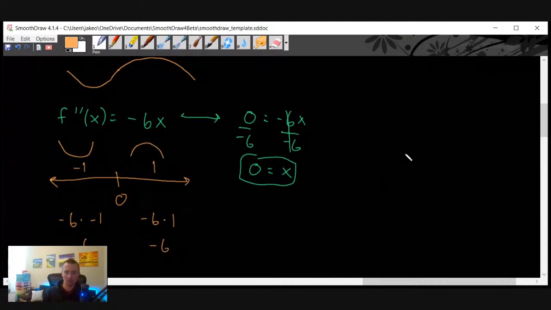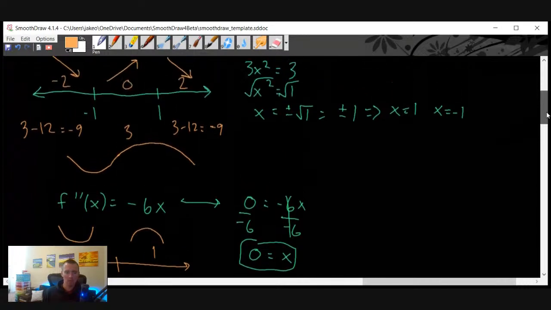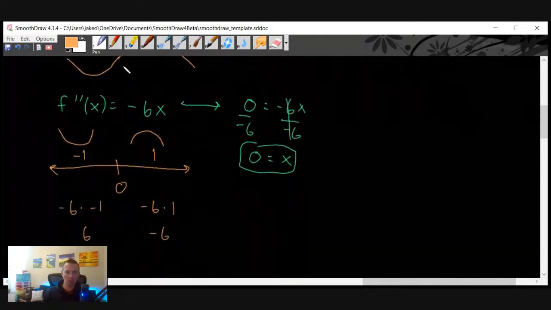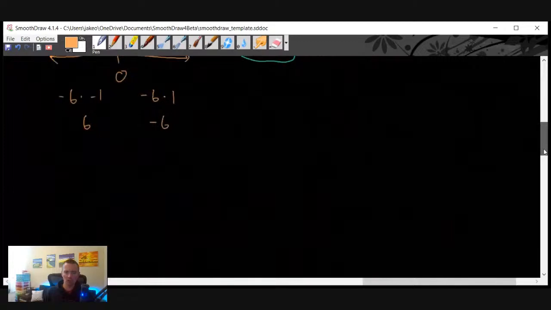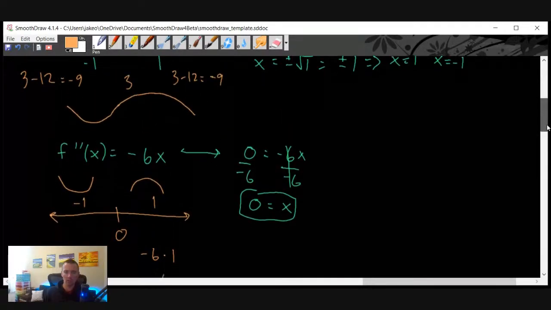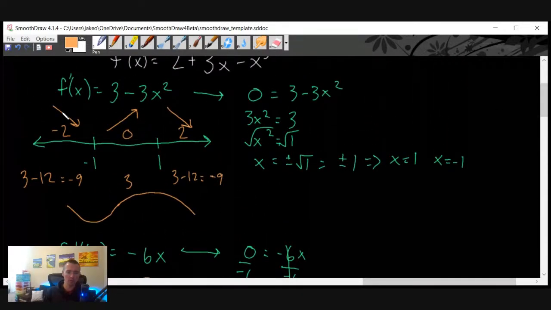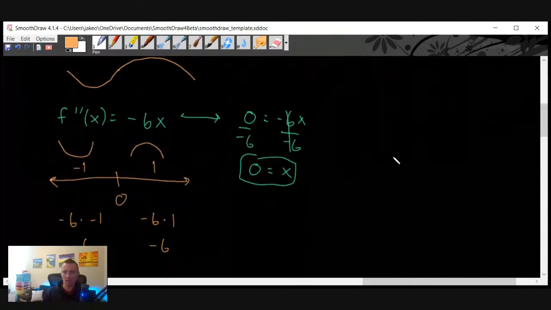So basically our function is decreasing from -∞ to -1, increasing from -1 to 1, and decreasing from 1 to infinity, and the point where it switches from curving upward to curving downward is right at x equals 0. So if we now want to sketch a graph of this function, we can combine the information we gathered about our slope plus the information about our concavity, and we know that our function is going to be